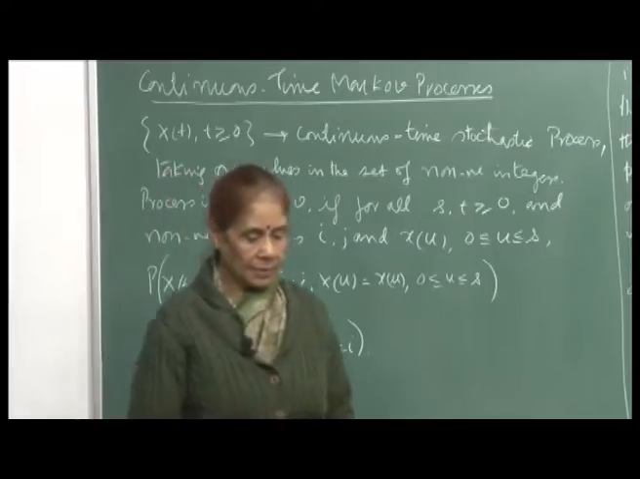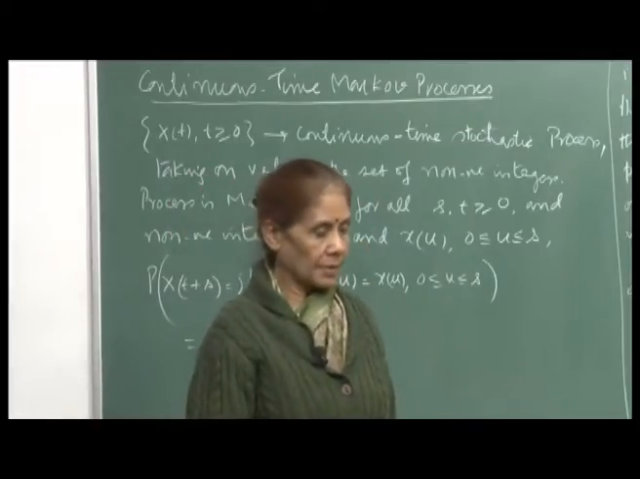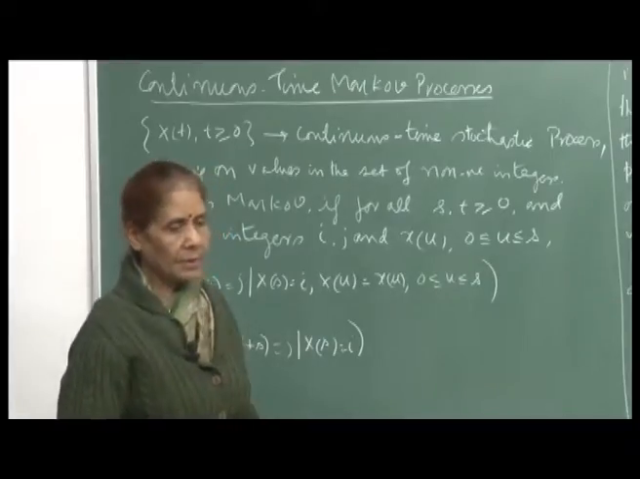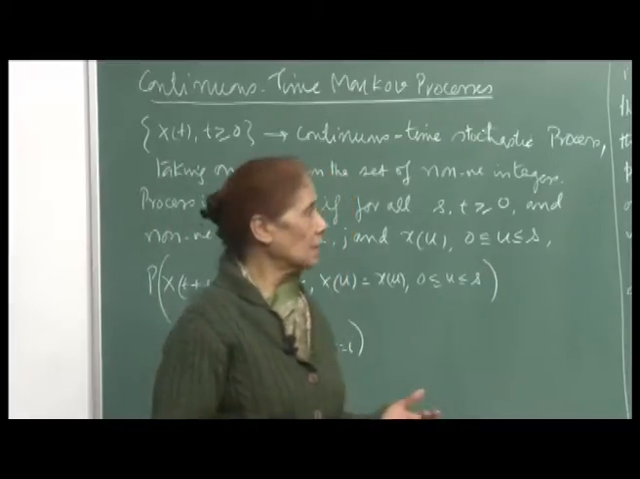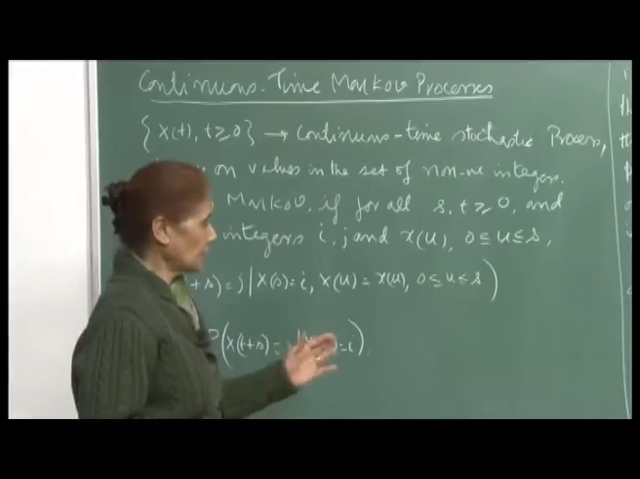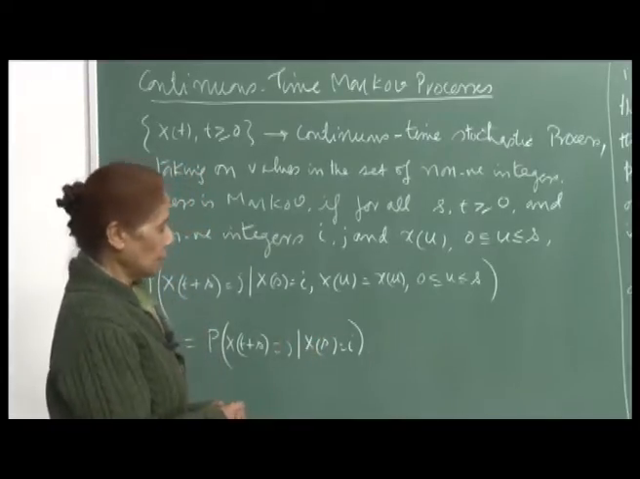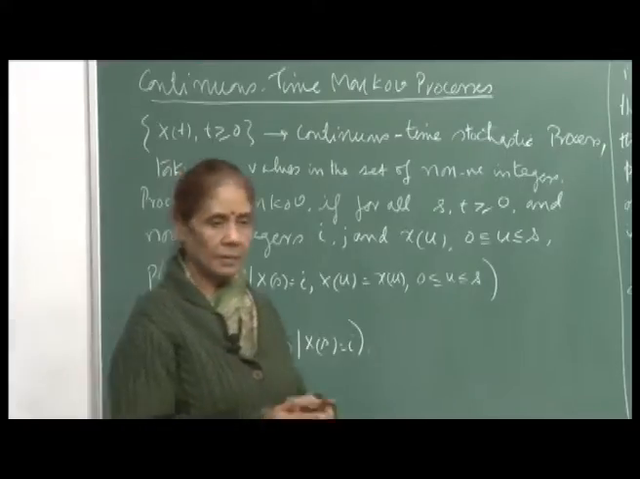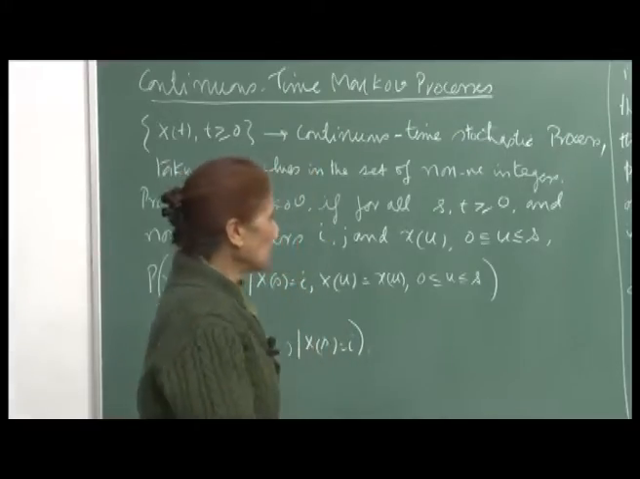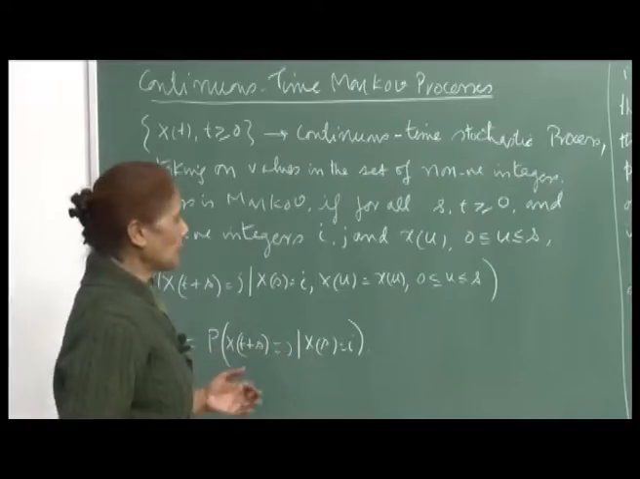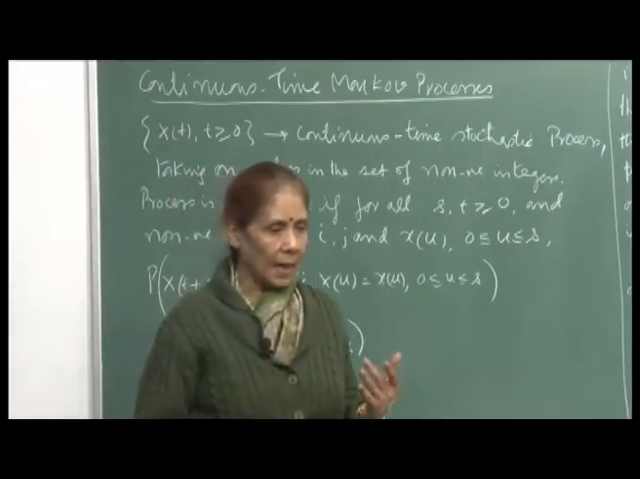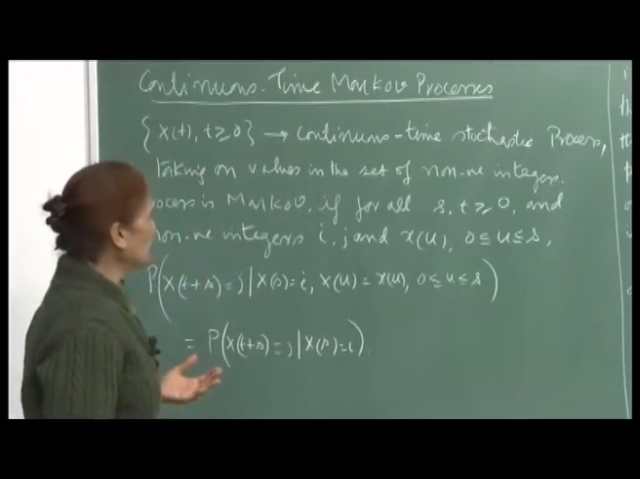See, after having looked at the discrete Markov time process, Markovian processes, stochastic processes, discrete stochastic processes with Markovian property, we have spent quite a bit of time on looking at the properties and characteristics of such processes. We will now be looking at continuous time processes, because they are also very important, and especially the Markovian